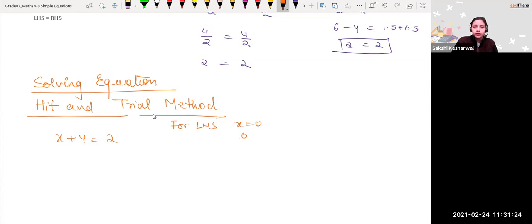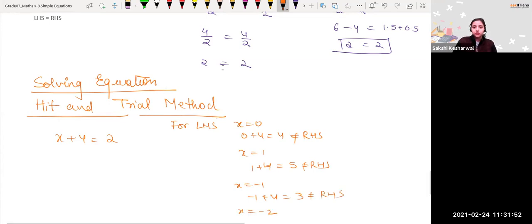So, it will become what, beta? 0 plus 4 is equal to 4, not equal to RHS, right or not? Now, take x is equal to 1. Now, 1 plus 4 is equal to what? 5, which is again not equal to RHS. Now take x is equal to minus 1. You have to think and give the answer. Minus 1 plus 4 is equal to 3, which is not equal to RHS, right? Now, if I take x is equal to minus 2,